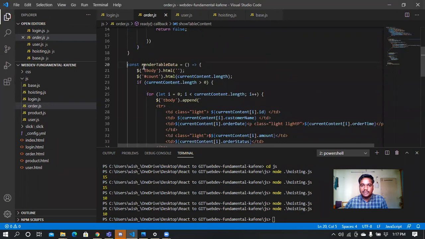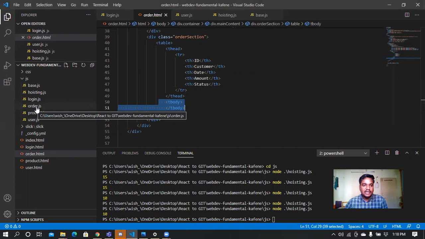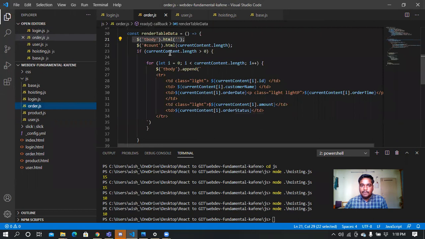In this render table data function, what we are doing is, we are taking the t-body element of HTML that I've already mentioned in the HTML part. As you can see in here, the data table heading is already provided, but the t-body is empty. So what we are doing in here is we are fetching all the data dynamically via API call, and accordingly we are appending it.